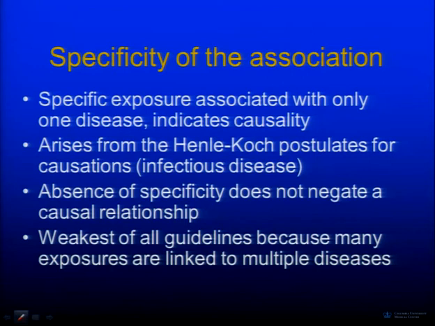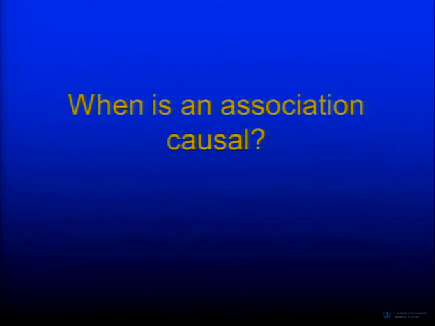because as I showed you before, when we talked about causal factors, necessary and sufficient, many exposures are linked to multiple diseases. So you have a lot of exposures, a lot of diseases. Like smoking: you have lung disease, heart disease, all different types of cancer. So there's a lot of different outcomes. There's a lot of different exposures too. It's not only smoking that leads to lung cancer. It could be dietary influences, it could be asbestos, it could be other things. So you get to the point where you're just like, okay, well, when is an association causal?